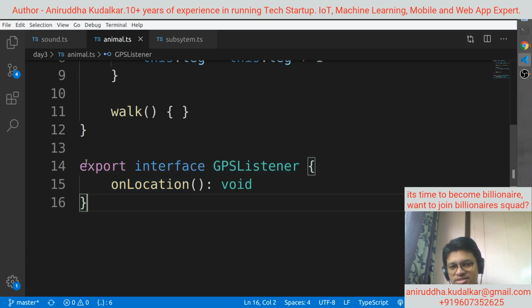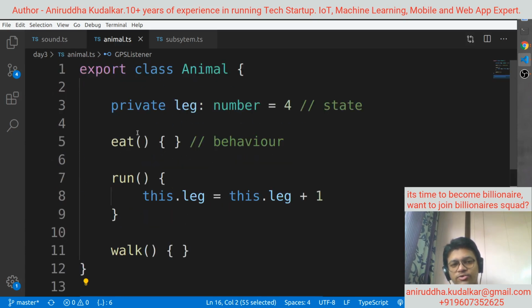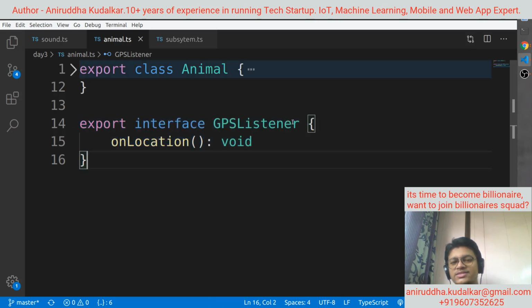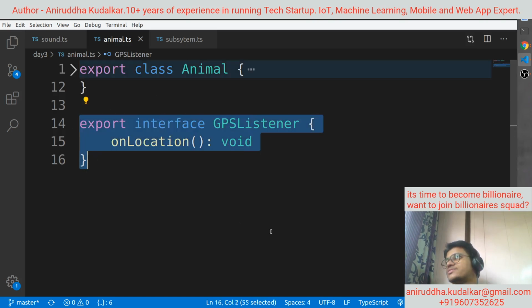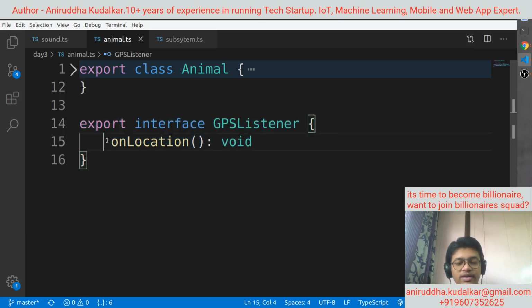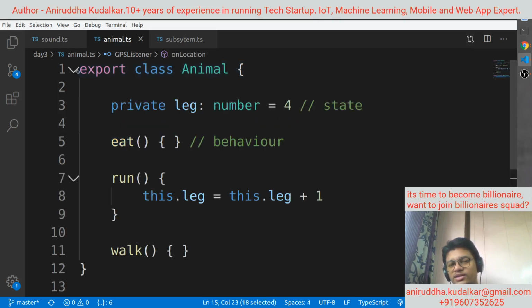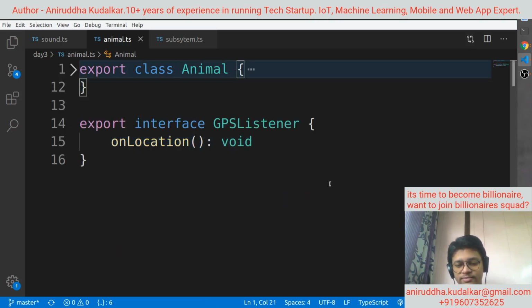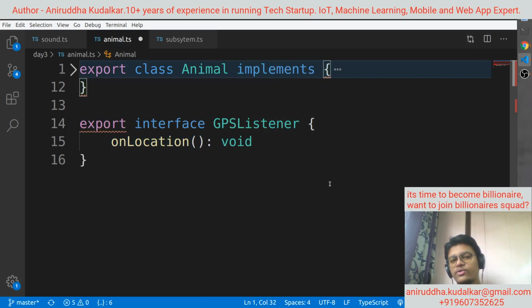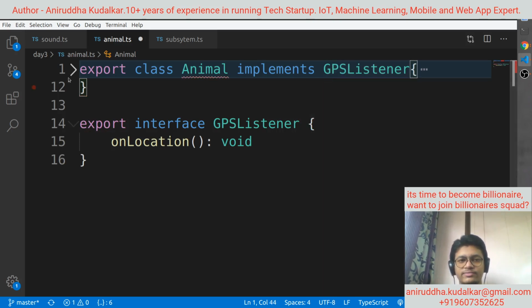Such requirements in software terms need an interface, because they provide behavior on demand. This is onLocation. The need of GPSListener is to get the location. Animal is not capable of getting the location, so animal will have a contract with one hardware, that is GPSListener.